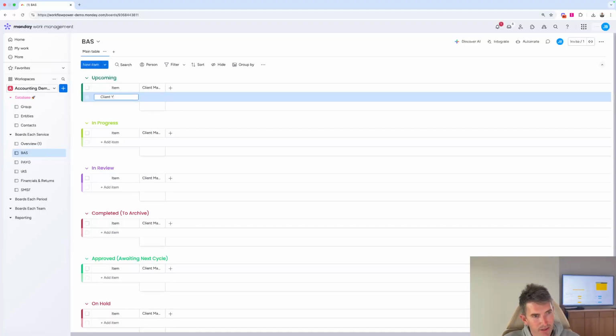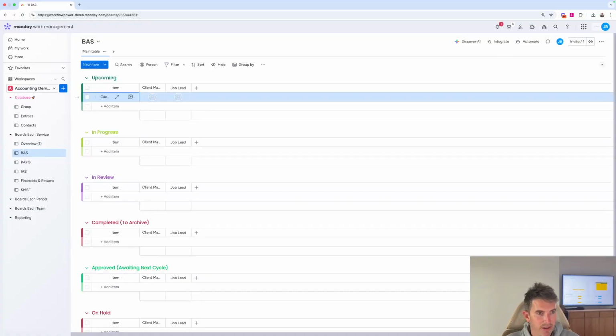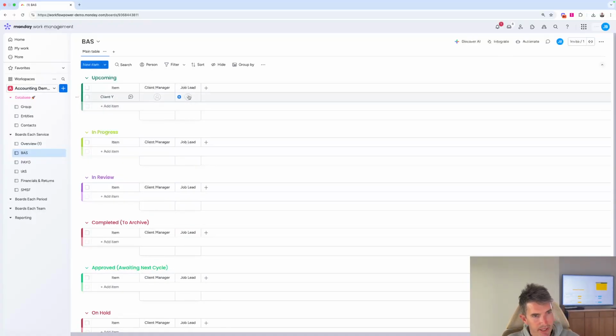Now, once we've got that set up, we'll start to build out some columns. Again, what we're doing here is we're going to have clients, and we'll show you how this is automated. In this example, we might have our job manager, our job lead. We might also start to capture different data at a column level. Our status, always aligned to our groups where automations can push it through automatically, is super useful and powerful. Due dates,